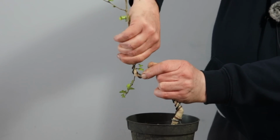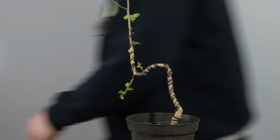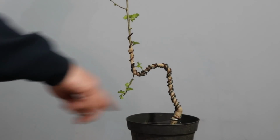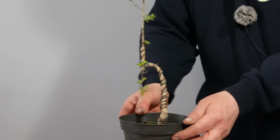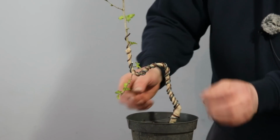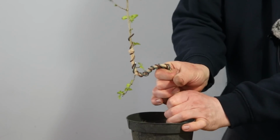And now, as we come back round there, let me have a look at that from the camera side. Yeah, we're beginning to get that nice, interesting Literati kind of shape. And it looks good from this side as well. It's not just flat because of the twisting. And in fact, I wonder if I can...